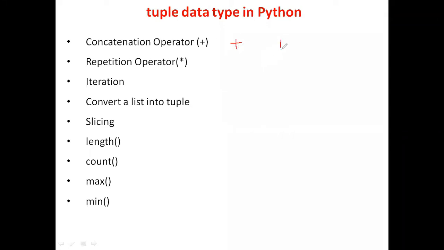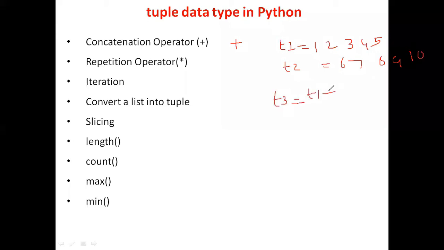For example, T1 equals 1, 2, 3, 4, 5, one tuple. T2 equals 6, 7, 8, 9, 10, another tuple. Now T3 equals T1 plus T2. So what is T3 here? 1, 2, 3, 4, 5, 6, 7, 8, 9, 10 are stored in the tuple T3.